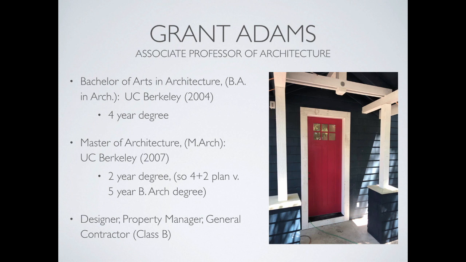And as you go forward, and this might be too early, you might just be starting out, and that's totally okay, you will start to learn that there's differences in the degree programs for architecture that you go through. That's why I'm telling you what I have. So I went through the undergraduate program at Berkeley. I graduated, I took a year off, and then I came back and did my Master of Architecture at UC Berkeley as well. It's pretty rare to do them back-to-back at the same school, and there is good reason for that because you kind of exhaust all the classes, so I ended up doing a bunch of independent studies as a grad student. It worked out for me.